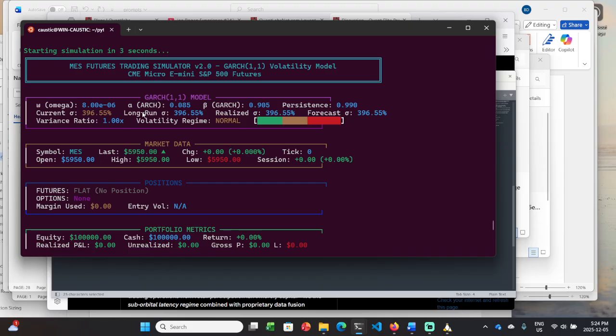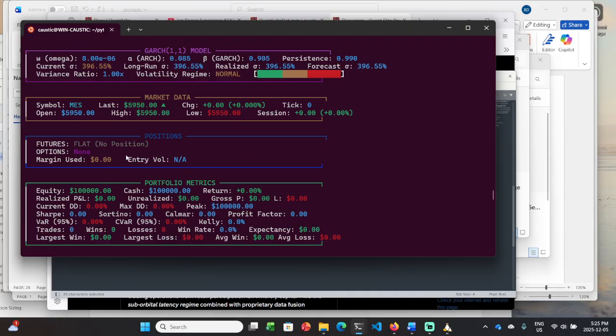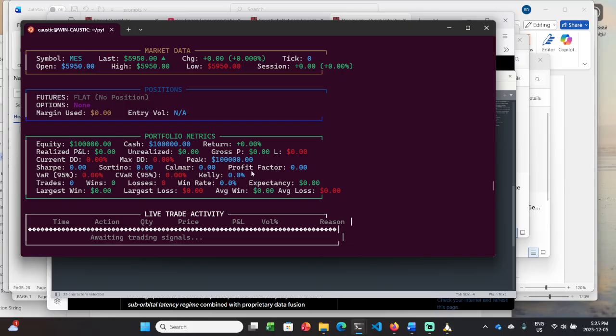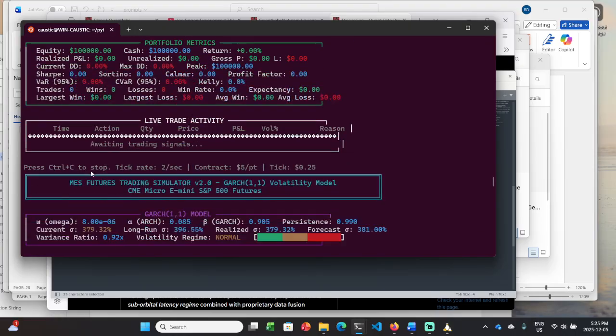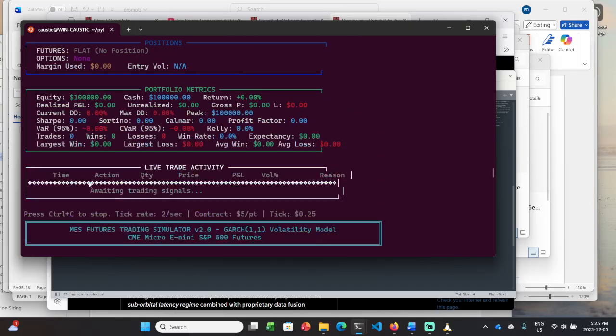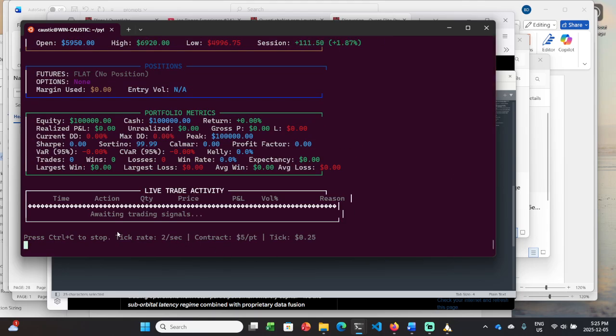So here you can see we have our omega, arch, garch, and the persistence. Current vol, that doesn't make sense. And we're forecasting what the volatility will be. And again, here's our positioning in the market data. Okay. And our positions, we have portfolio metrics as well. So we have a Kelly criterion as well, profit factor, all that fun stuff. I'm just going to cycle through. Okay. As I said, it's supposed to be in line. But let's see what's going on here at the bottom. So it's doing the same thing as before,